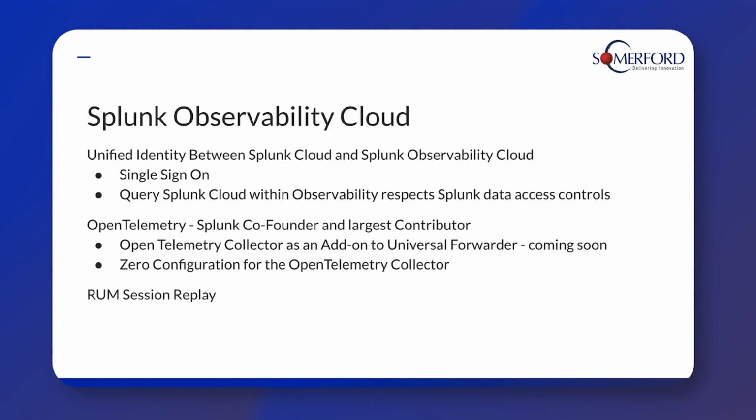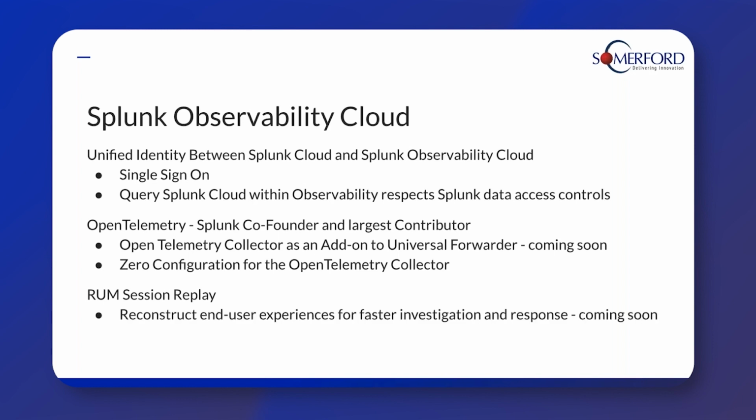And then finally, on the Observability Cloud is the RUM side of things, and RUM, real user monitoring, session replay. So the actual ability to play back and reconstruct end users' experiences, faster investigation response, but mostly be able to see what they're doing. So if they're moving their mouse around on the screen in terms of their web page, what they're actually doing, how they're interacting with your web front end, how that is playing out, so you can see when they get issues what's going on, right? These are the kind of key things when they're not checking out, why they're not checking out, they're having issues, all sorts of different things like that. You can kind of see and you can visualize it now. So it's really useful for the analyst to kind of get into and fix, which is good stuff.